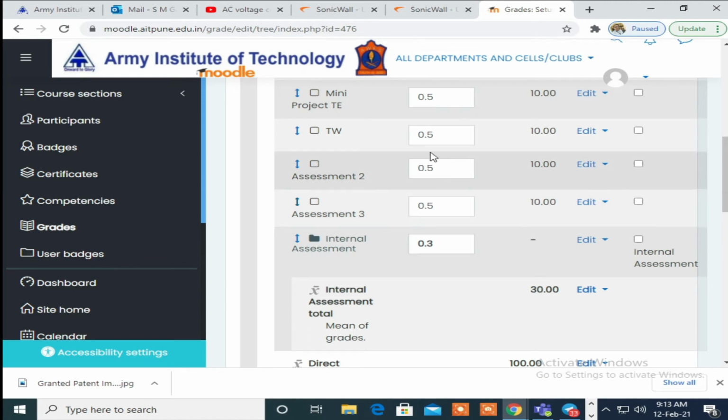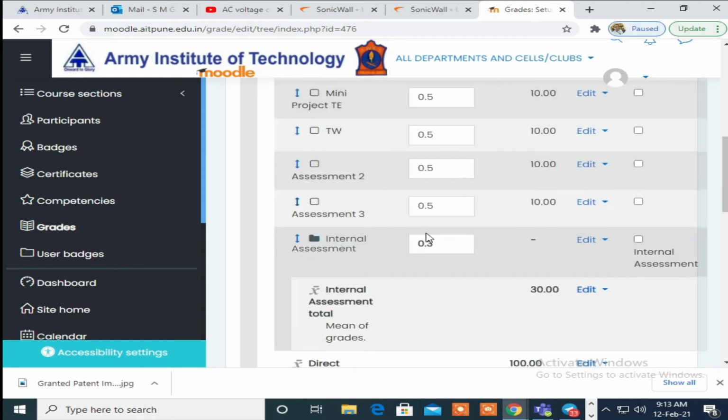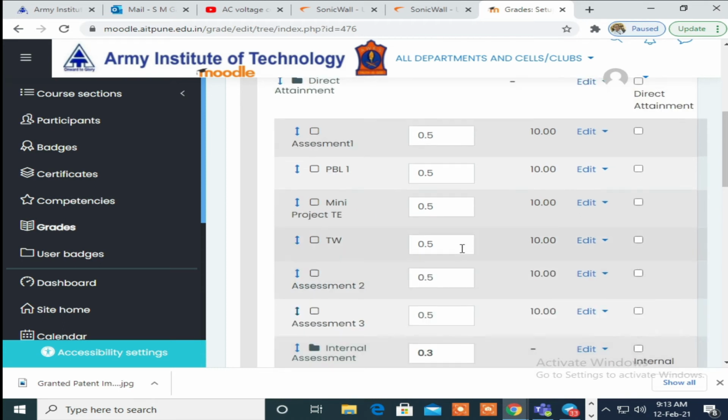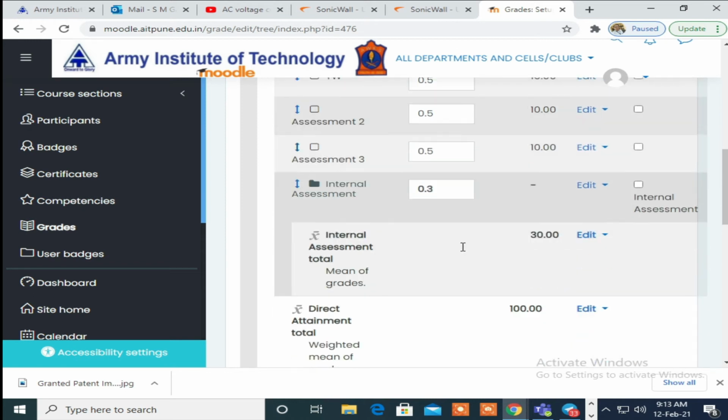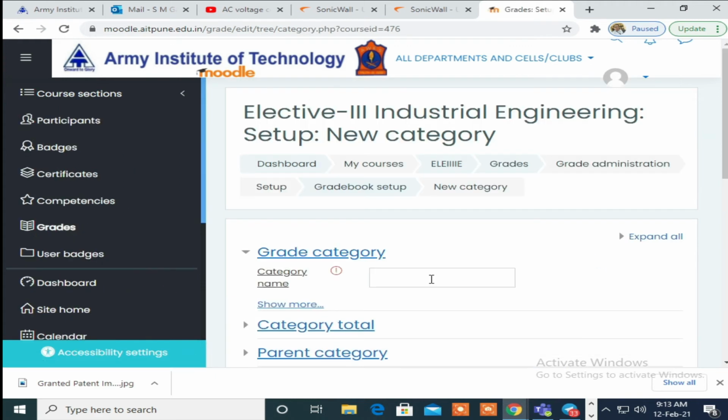and we need to add the next part, that is external assessment. So go for the button, add category. You can add category, that is external assessment.